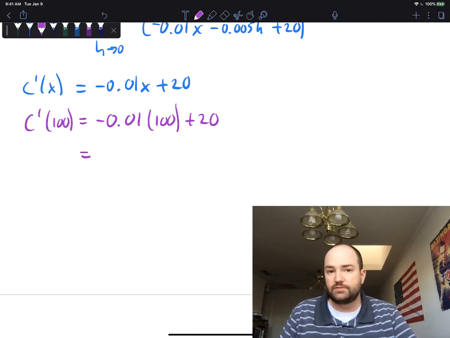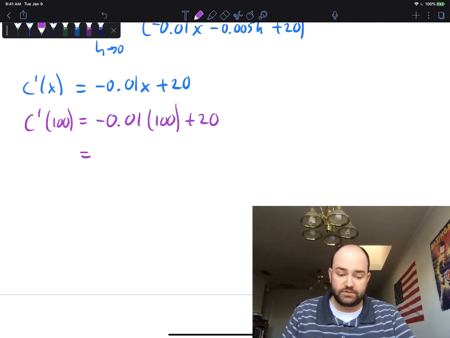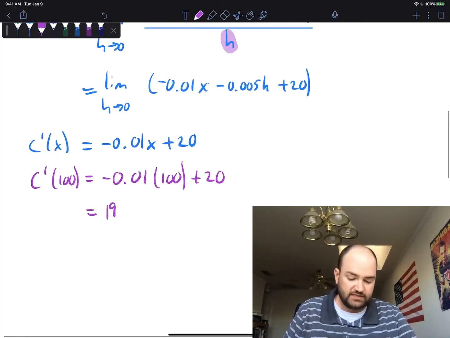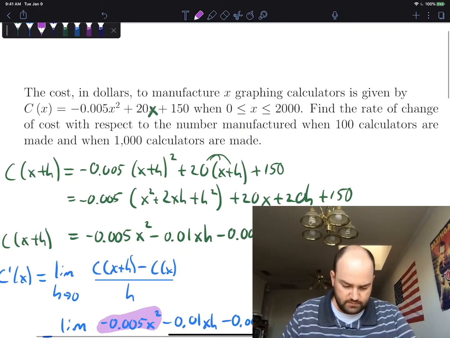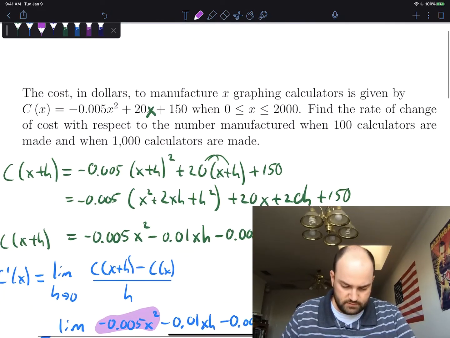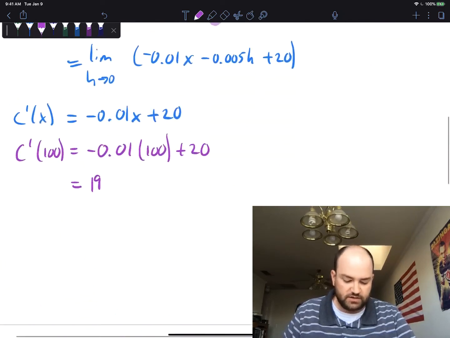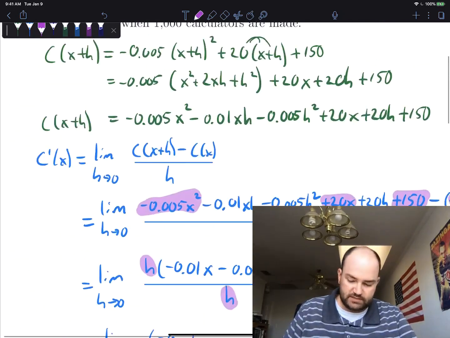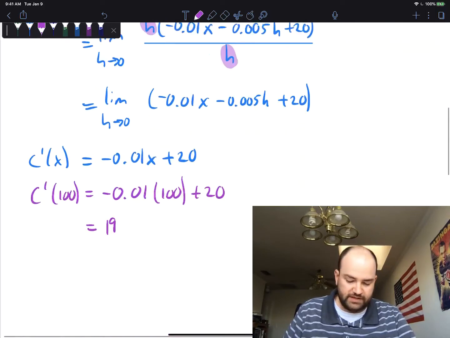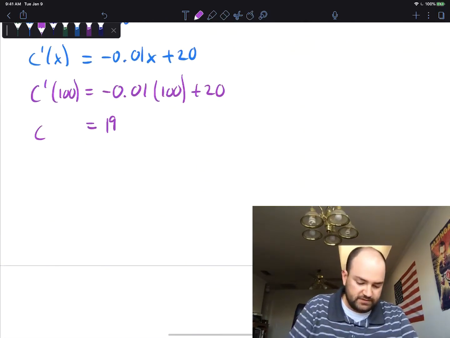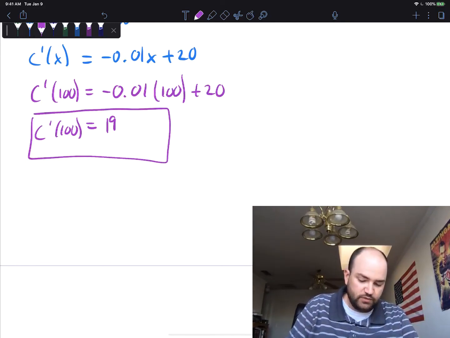Negative 0.01 times 100 is just negative 1. Negative 1 plus 20 is 19. So C prime of 100 is 19, and now the units here,